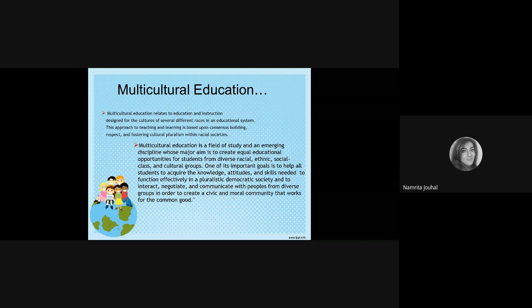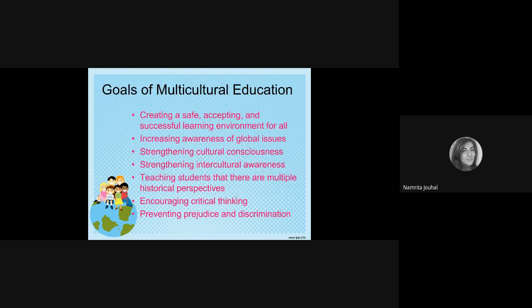Multicultural education, again, is emerging, so there's lots still to be done, but we ensure that we follow the instructions as per the guidelines of the educational system to cater to and communicate well with people from diverse groups, in order to create a more civic and moral community and environment in our schools or educational systems. As a multicultural educationist or an education system, you need to ensure that you're creating a safe, accepting, successful learning environment,